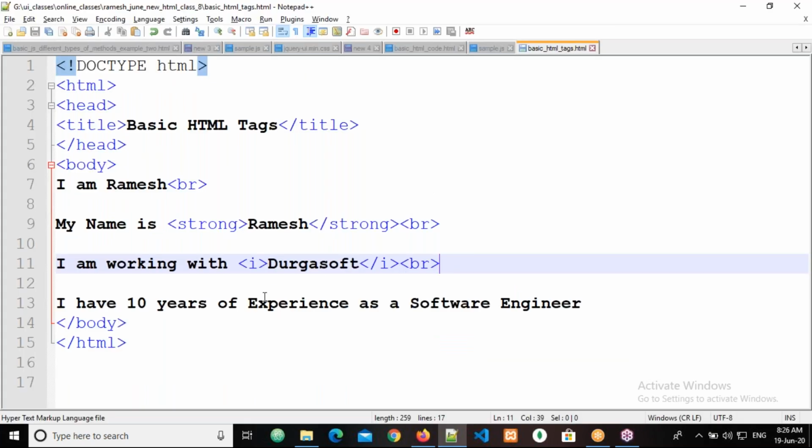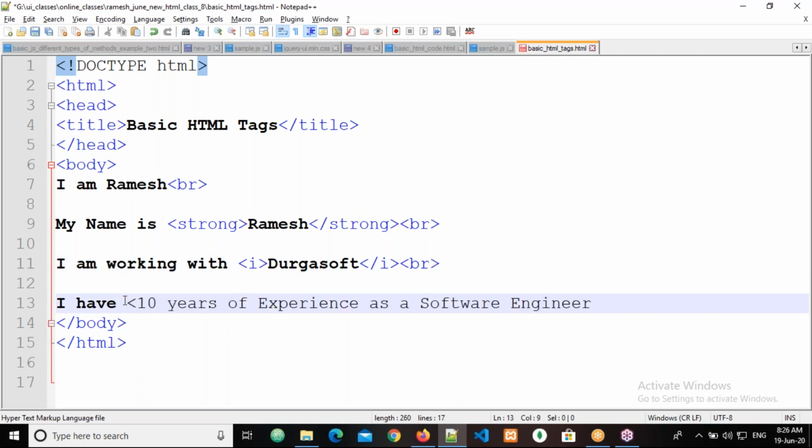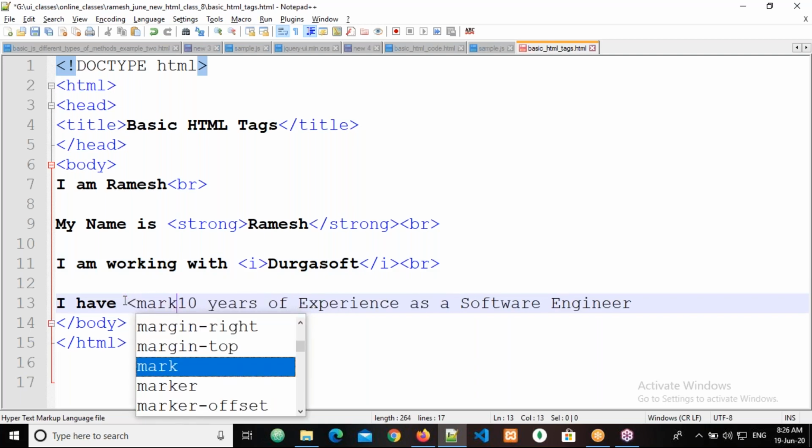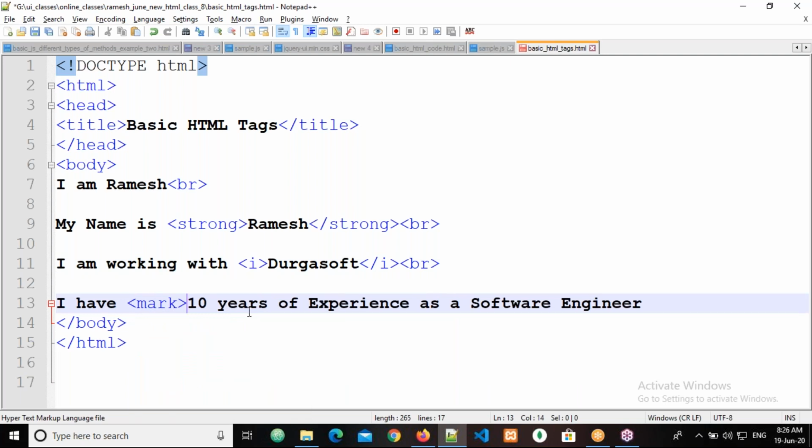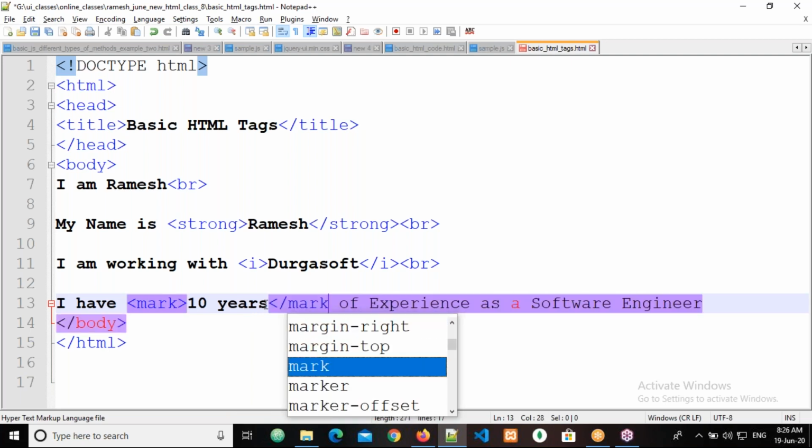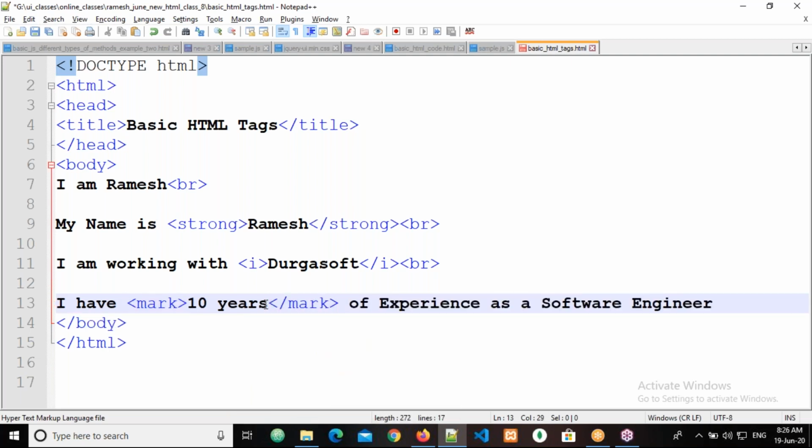So that is called the mark tag. Suppose I open here, less than mark, the mark tag, and the part I want to highlight is only "10 years". So I come here, less than mark, and here I am ending it. And what is the other part I want to highlight? I want to highlight this "software engineer" also.